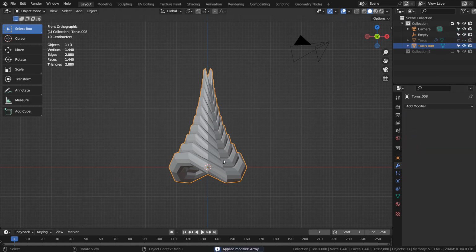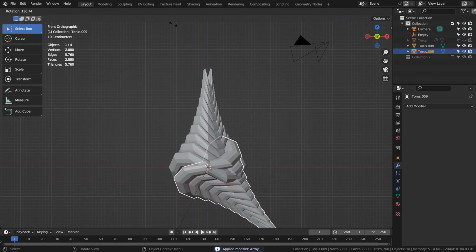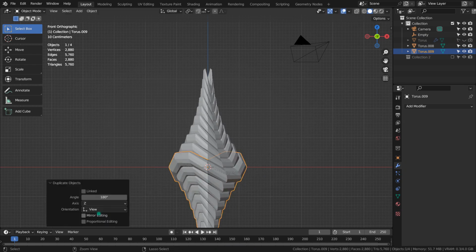Then I applied the modifiers, pressed Shift D to duplicate, and R to rotate it like this.